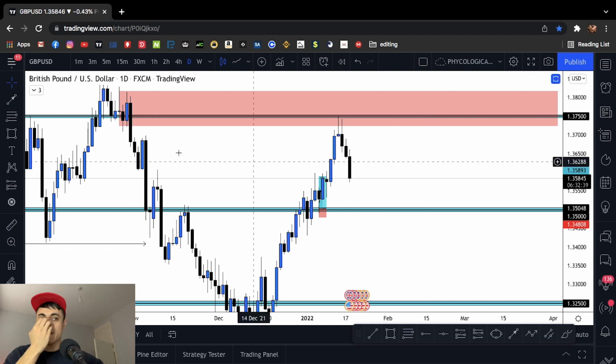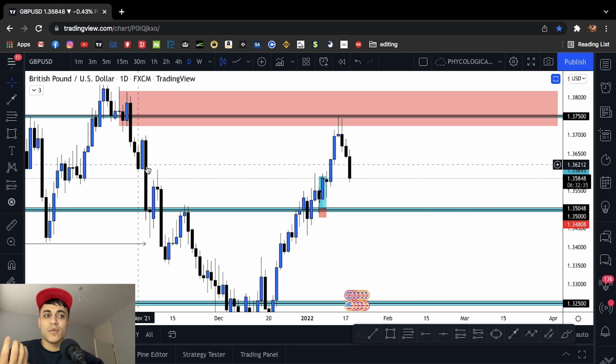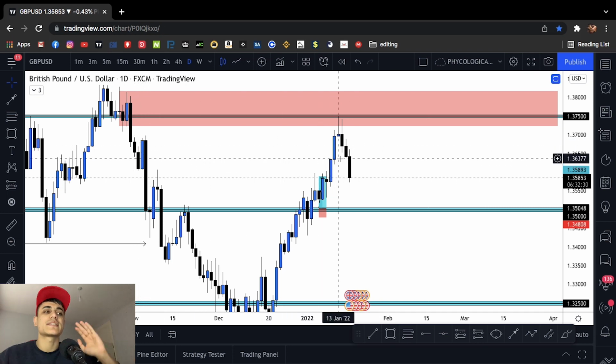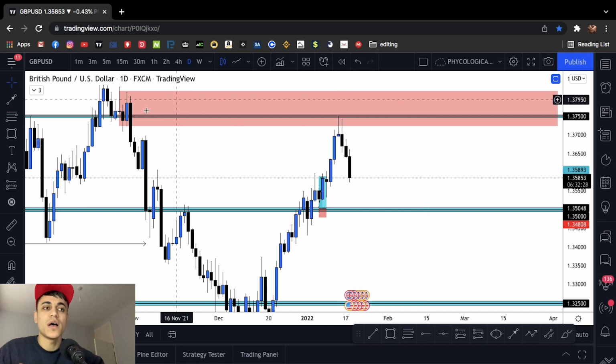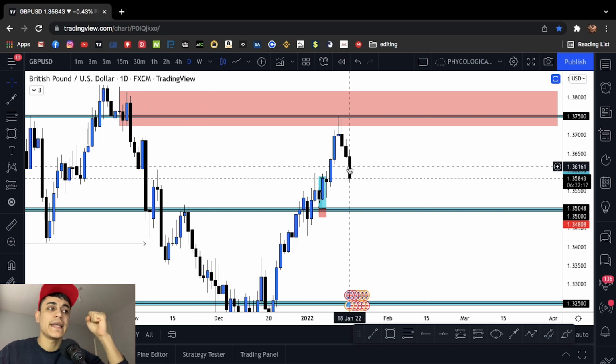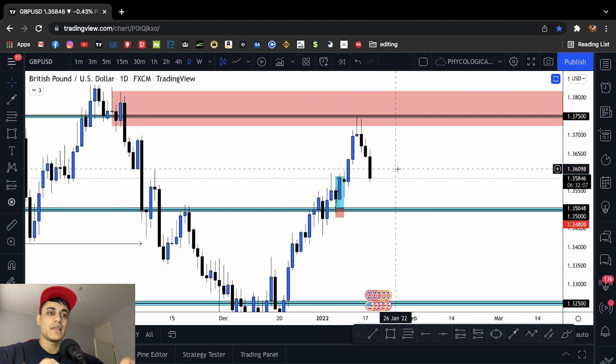Because if an order block just lands in the middle of nowhere, like most people could have probably targeted this order block here that you see on your screen and sold. But look what happened. The market slashed through that and went to our higher order block, and that order block has landed on a psychological number or a support and resistance line, right? Because we can use psychological numbers for support and resistance. So this alone, I already have 5 confluences why I should take this sell when the market reaches